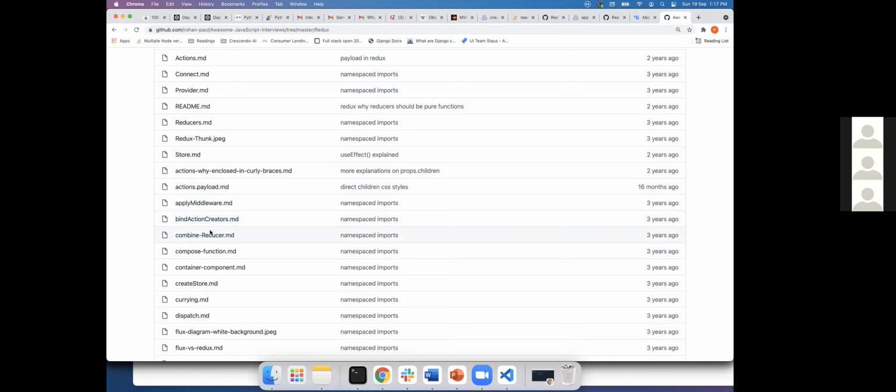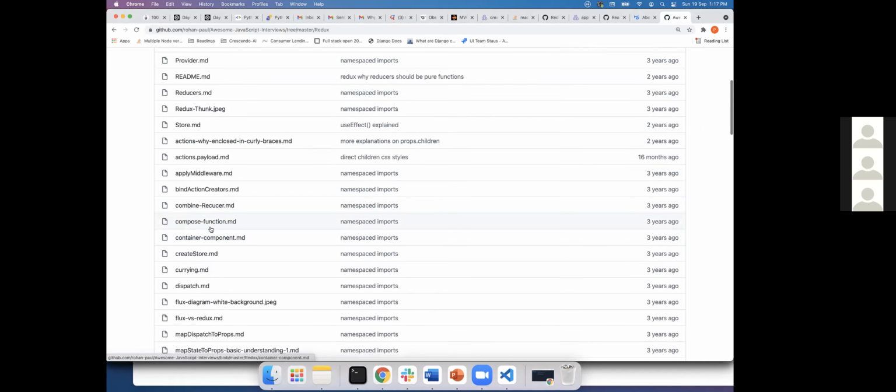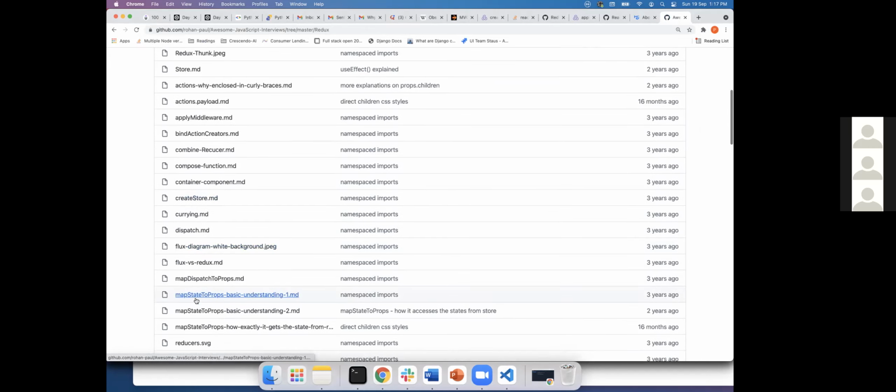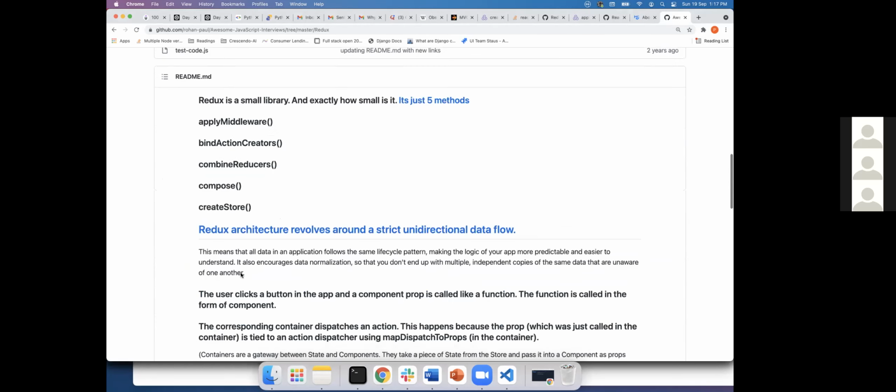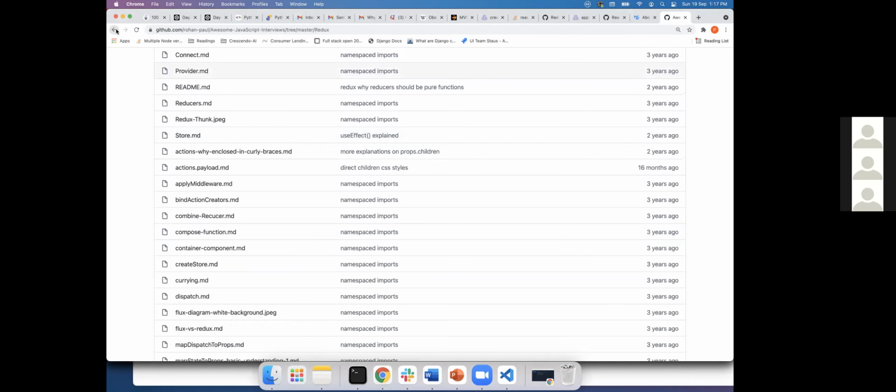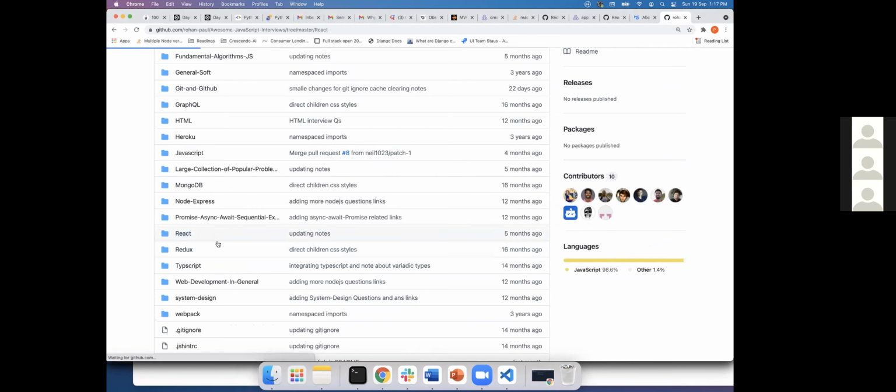This I did not cover, but I haven't used it. What is a combine reducer? The compose we saw right now. Apply middleware by composing that, and then create store and the dispatching and all that, map state to props, map dispatch to props, the logger I showed you, right? Writing the logger and all that. So that's all about Redux. Maybe one or other row I might have missed, but we covered a few more things.